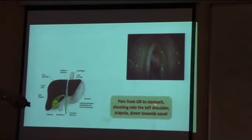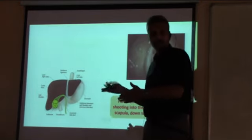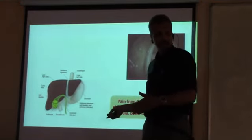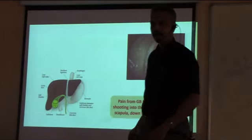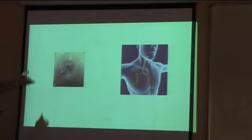Pain from the gallbladder to the stomach; not only to the navel, the pain can shoot to the stomach, into the left shoulder, scapula, down towards the navel. So tomorrow you have a patient who comes to you with gallstones and is in gallstone colic, and when pains are like this, you can think of berberis. Okay. Now moving ahead,